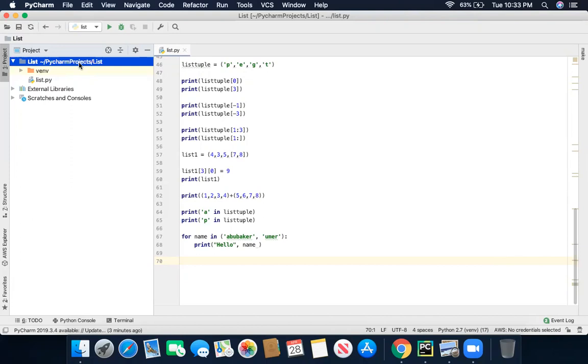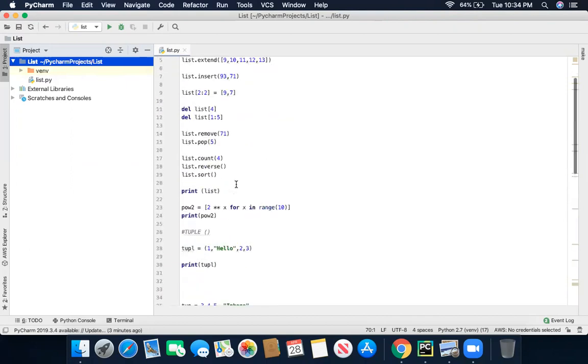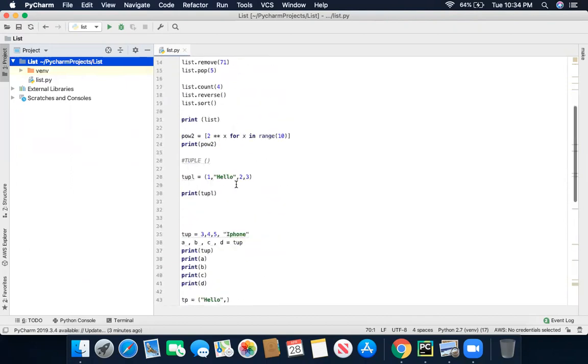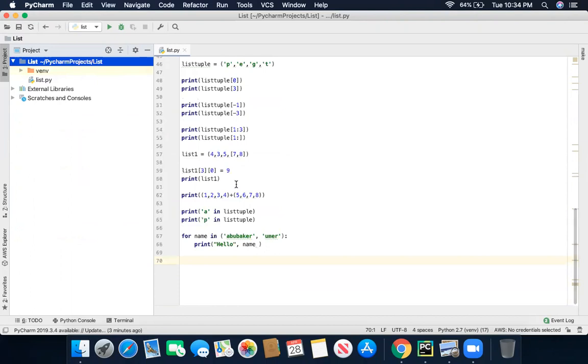Oh, it doesn't matter. You don't need to have the same folder, because today we are going to do another thing, loop. So we don't even need these programs anymore, because these were the past, and today we are going to do loops. At the end of today's lecture, I'm going to provide you each and every detail of this program as well as the loop. So don't worry about it. Okay.